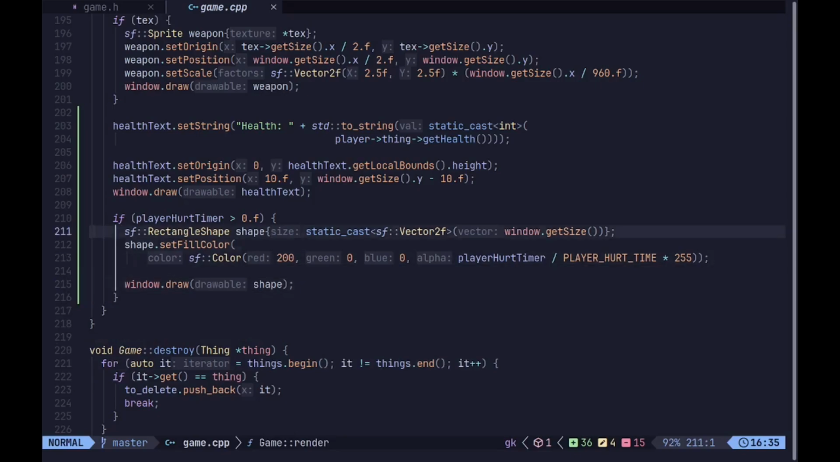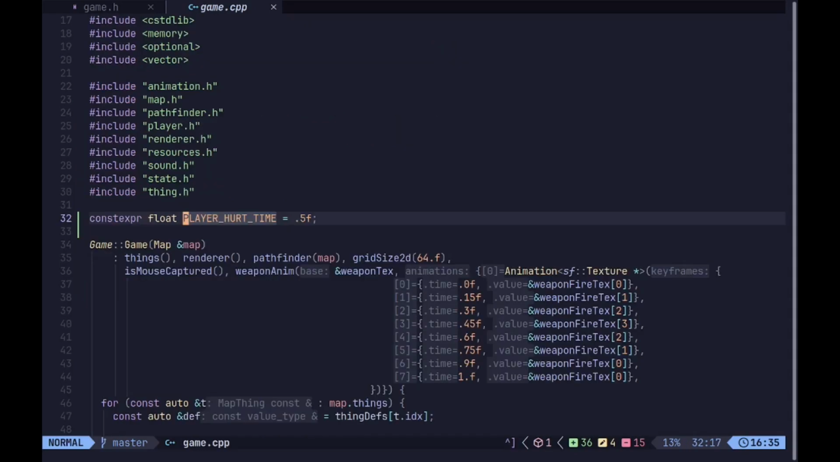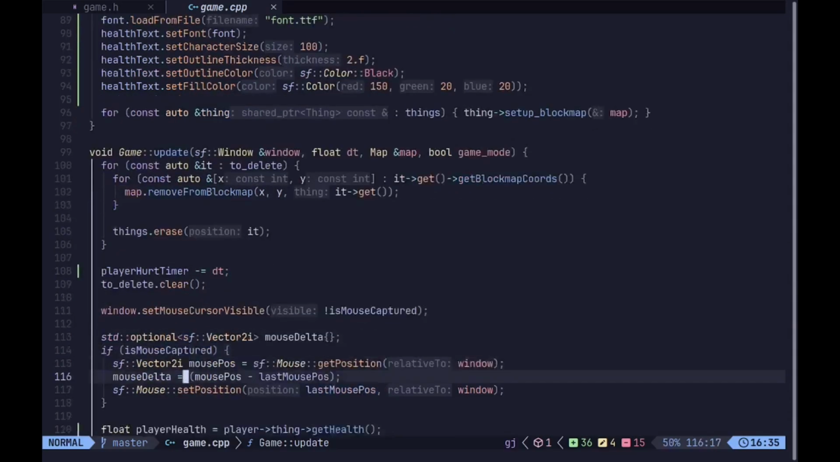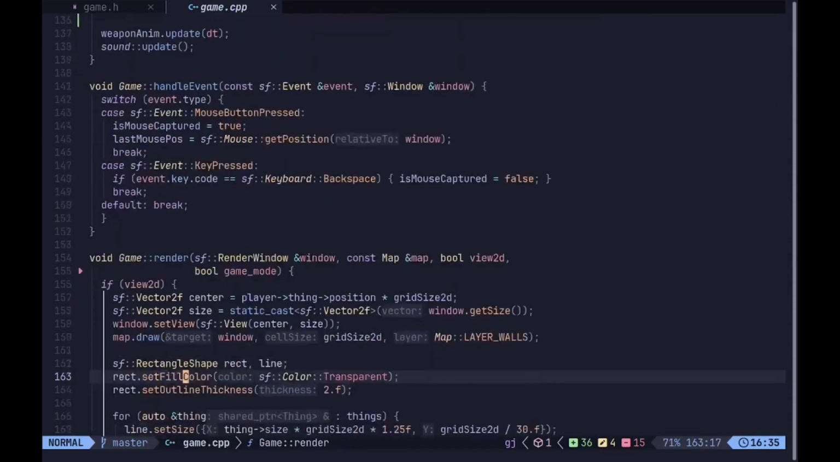So that works. And after this, the next thing we'll need to do is, if our player hurt timer is greater than 0, that means that we are supposed to display the red animation. So we create a rectangle shape which is equal to the size of our window. Then we set its fill color to a red color, and for the alpha we calculate it by taking the current value of our hurt timer, dividing that by this constexpr player hurt timer here. So we divide it by that,